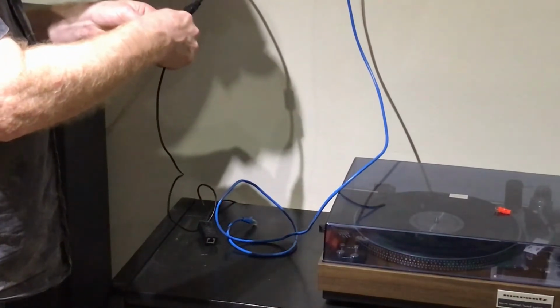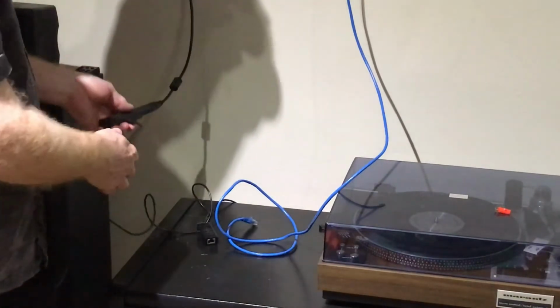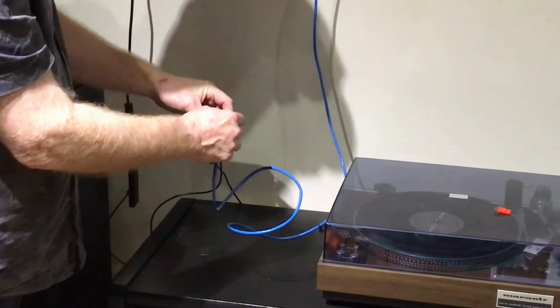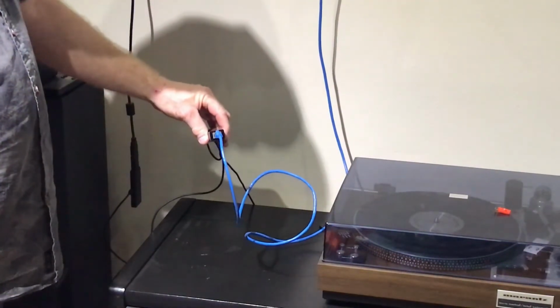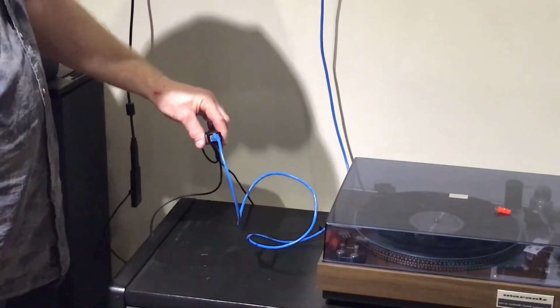Make sure all of our connections are nice and firm in there. That's powering up the adapter now. And the other side of this is that we're going to plug in the Ethernet cable into the Ethernet adapter. Now what you'll notice is after a while, as the Fire TV stick actually powers up,